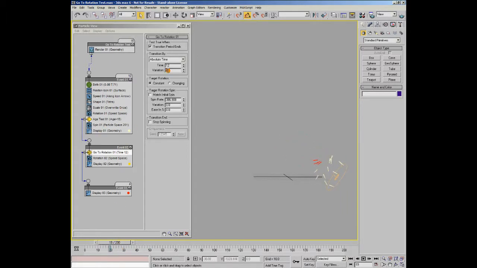So if I set this to something slightly higher, let's say 20, it now has 5 frames to try and get those particles to orient. And there you can see you get a very rapid flip in the particles as they come into the event. They try and reach that orientation. And when they do, they test true. They get sent on to the next event where they're turned red. If I change it to particle age, this is a little bit more useful, but